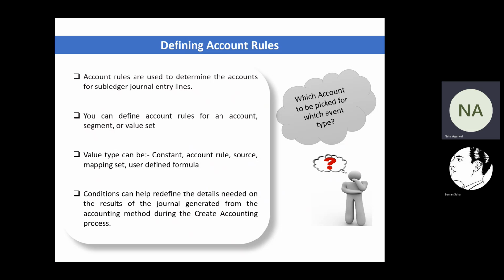Means if you have specified an account combination which does not have that segment value, and you have a segment value created for that specific segment, then in that case, if you use the combination of account rule with the segment rule, the value will be derived from the segment rule and it will override the value of